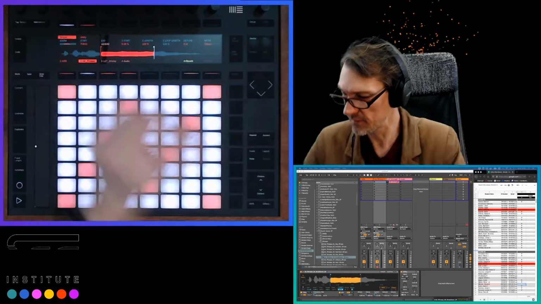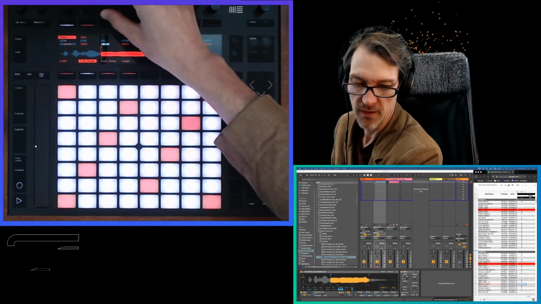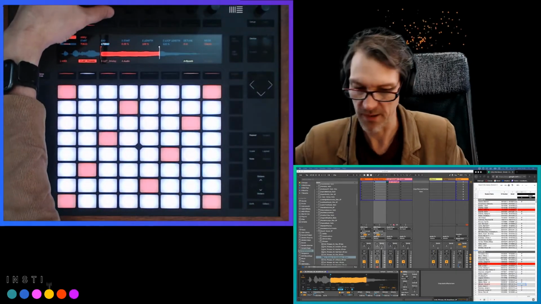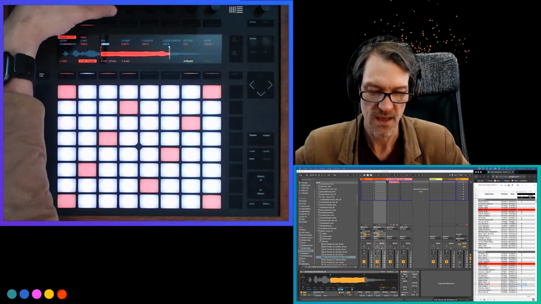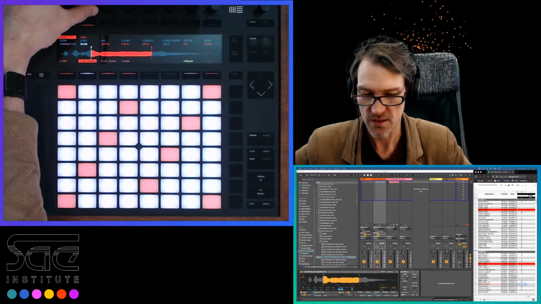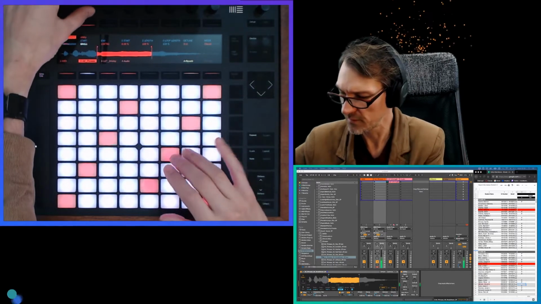So I can adjust. Here, let me just move these around. I'm trying to get my hand out of the way here. So here we can see I can adjust the end point of my sample, and I can adjust the start point of my sample. So if I play this,